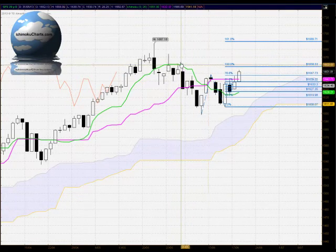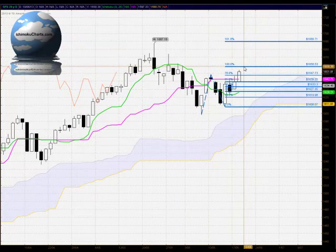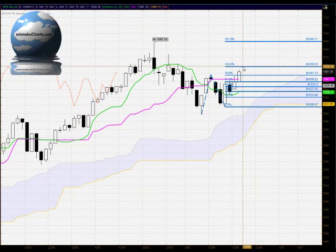Now, that swing high coincided with an area around the Tenkan-sen, so perhaps that was the most significant factor there, that the Tenkan-sen was trading there and we saw a rejection from there. So we might not see the same amount of bullishness in the near future as we saw in the recent past here, but certainly the 100% level in terms of the Fibonacci extension is the most important level at the